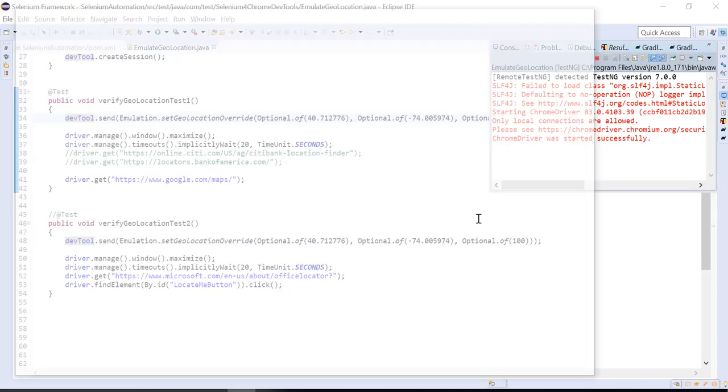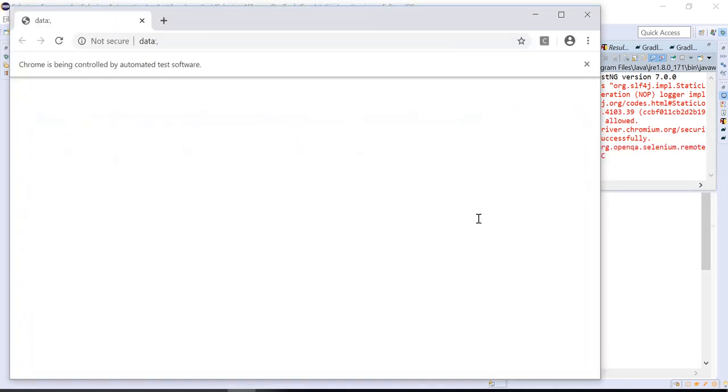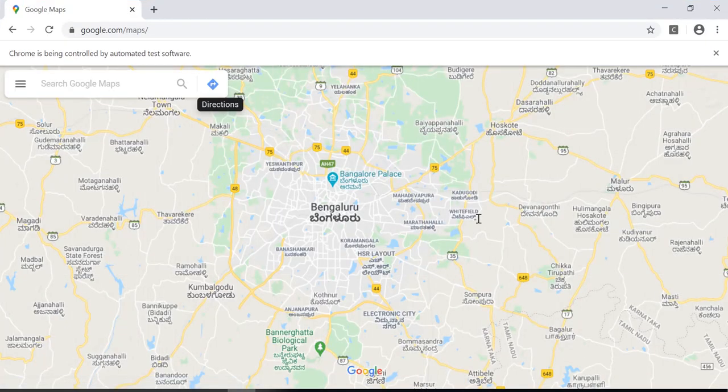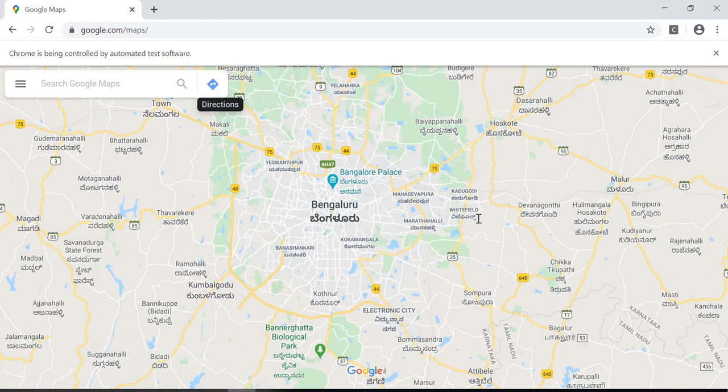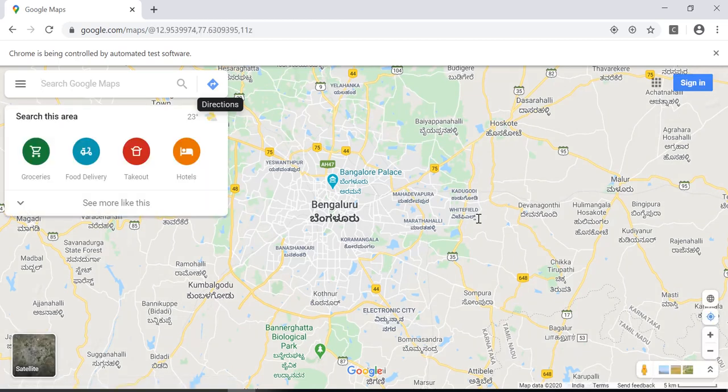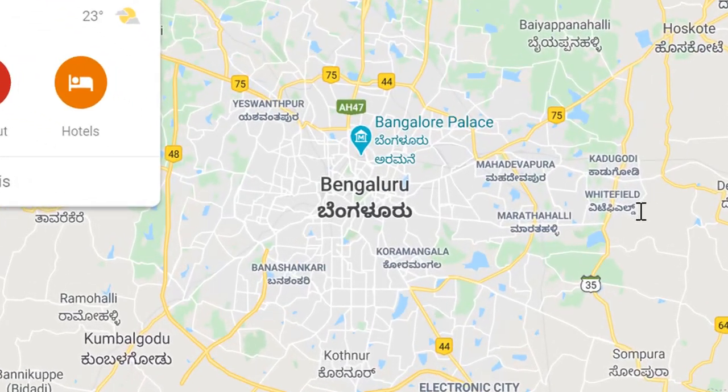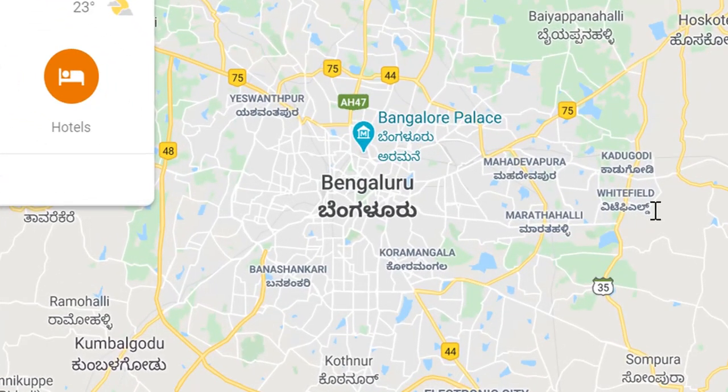The browser is open, and here you can see, even though I have emulated geolocation to New York, in Google Map we still see the current location. So it is not emulating as per the code.